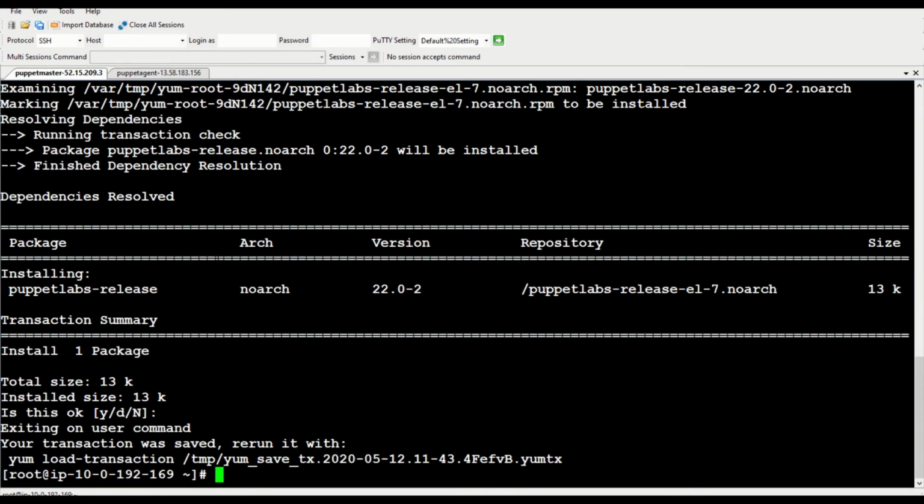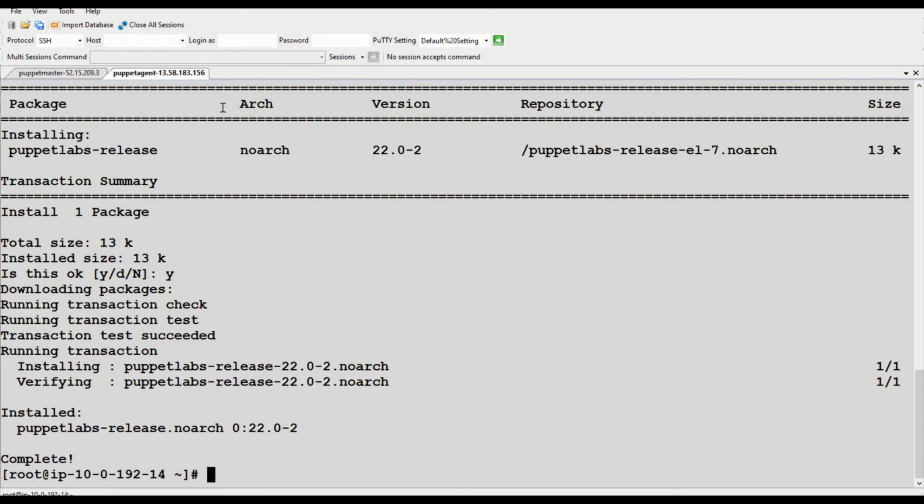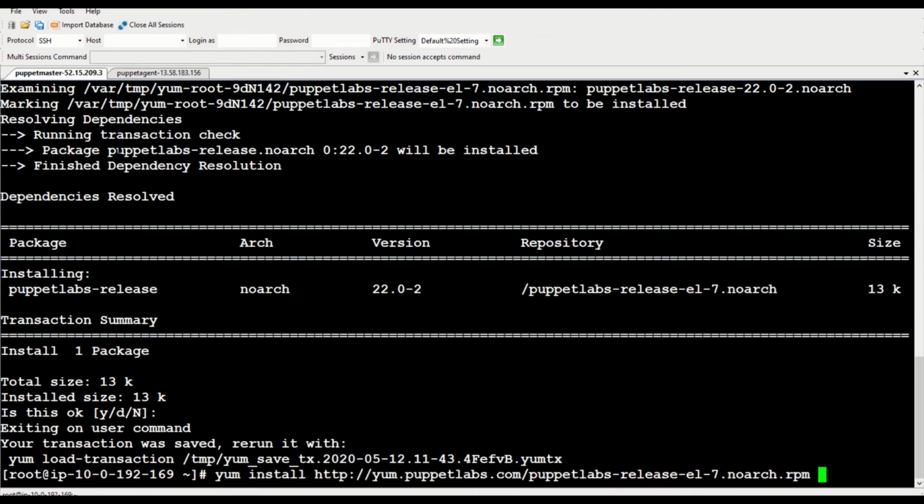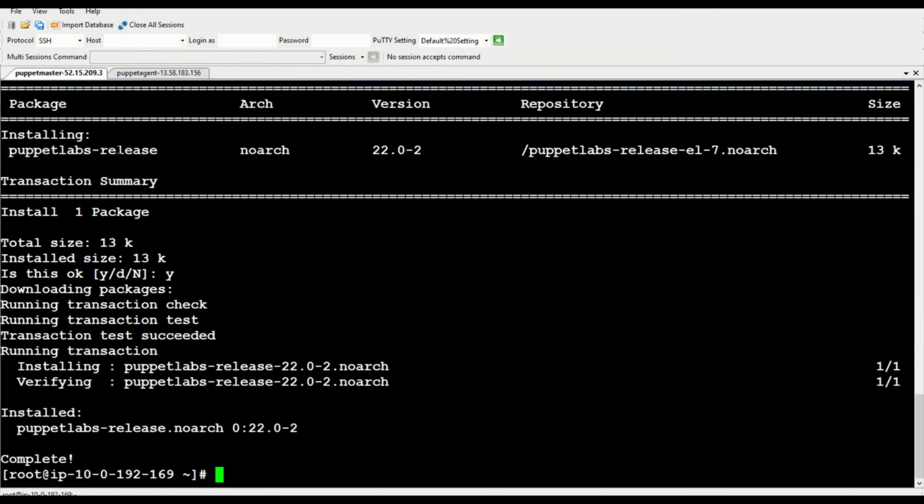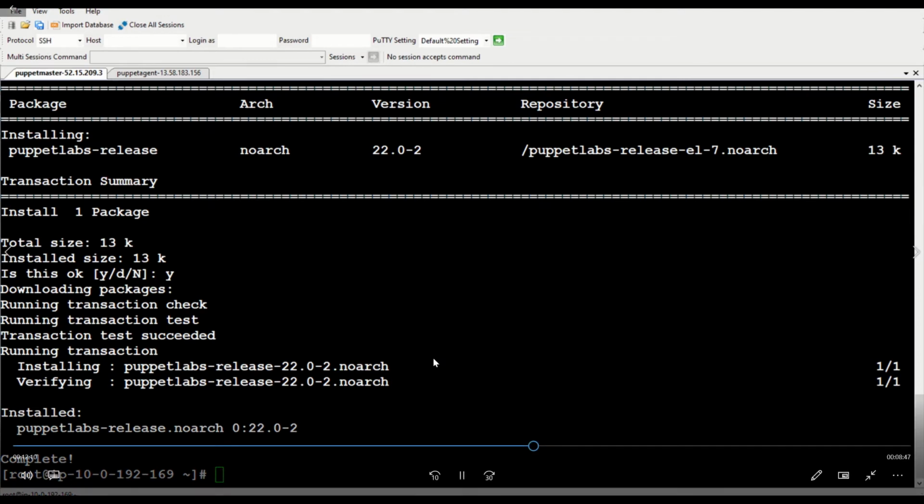So the package is installed. The next on the master node, we are going to install Puppet. This is okay. We're going to install the Puppet server. Puppet server is the one